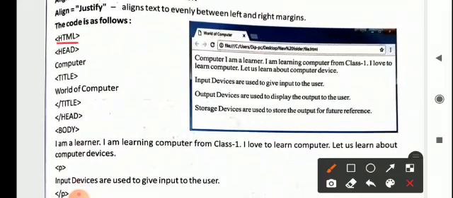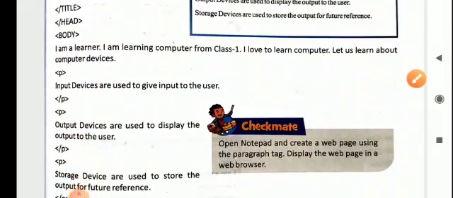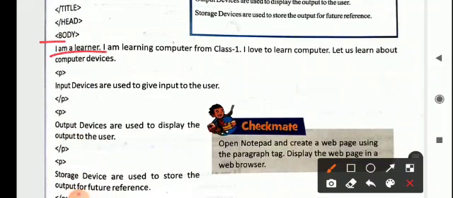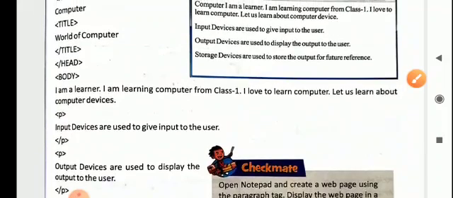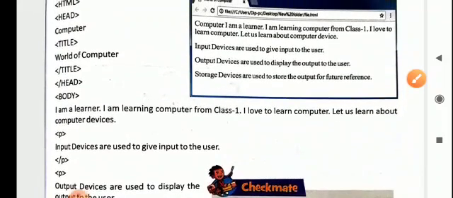Next we have the HTML code. You can see till title it is written, and then in the body you have written the starting and then text, then you have written P. There can be any number of P tags, depending upon how many paragraphs you want to write in your web page. There is no compulsion that once you have used the P tag you cannot use it any more.